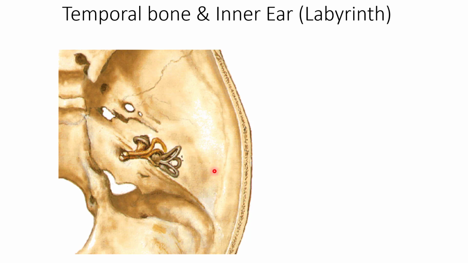Whenever we see, you can see this is the skull and this is the part of the temporal bone where our inner ear lies. If this part of the bone is removed, we see that there are some bony structures formed inside this temporal bone. Here is a spiral-like structure, the cochlea, and here are canals arranged at 90 degrees to each other. These are the semicircular structures. So this is the bony labyrinth, and we will see the details of what lies inside this bony labyrinth.